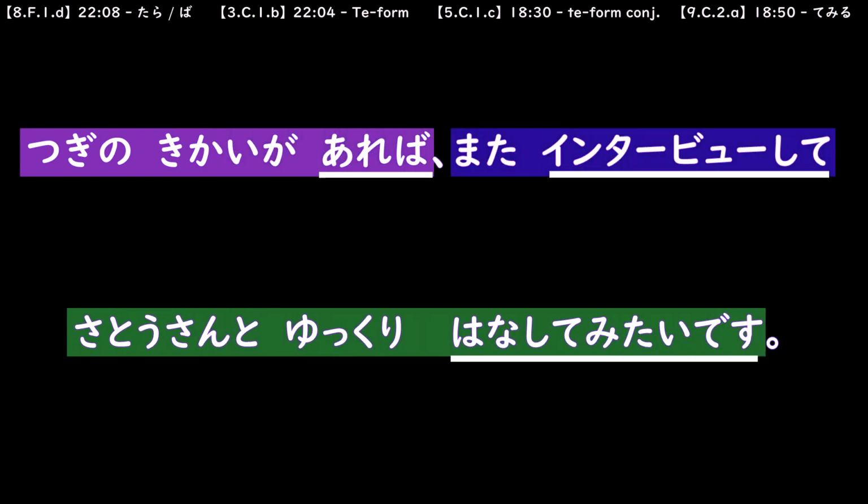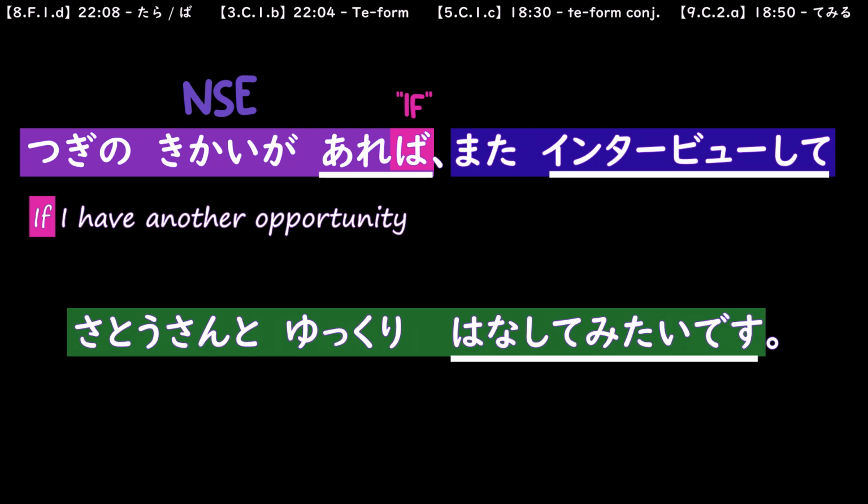The first one ends with ば, and you know that it's not mandatory to invert them, because when we had a sentence with ば in Spirited Away, we translated in order. So it's just like とき or ので. So for the moment, you can translate in order, no problem. So, if I have another opportunity, or if there is another opportunity, then you have a te form. For the moment, we've seen that you should translate it by "and," so no inversion here.